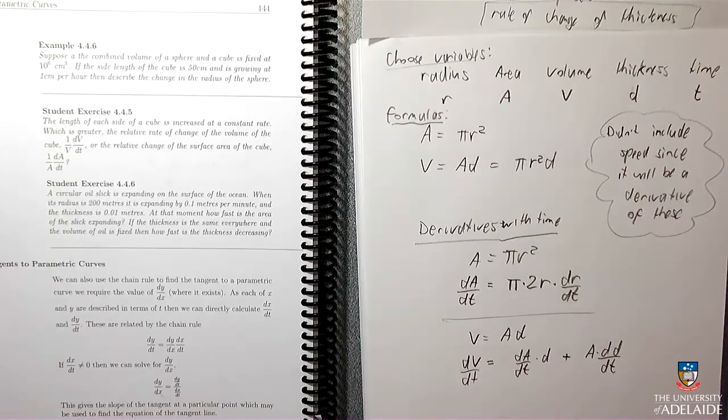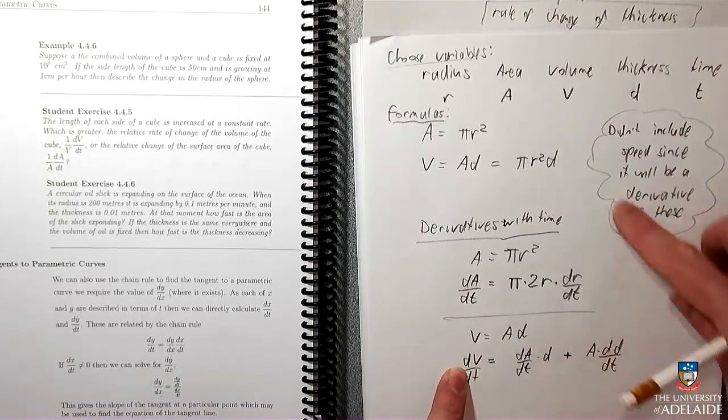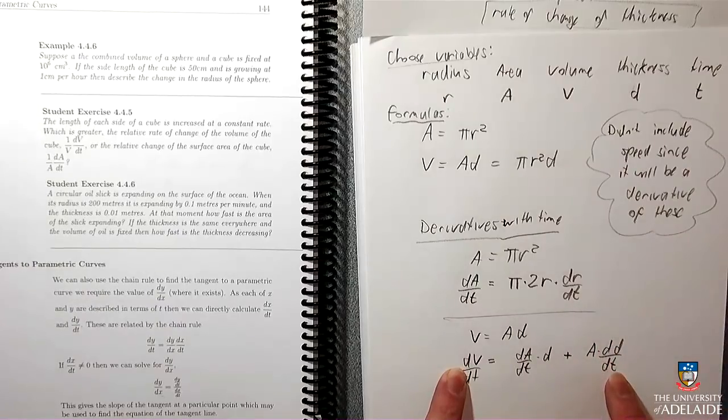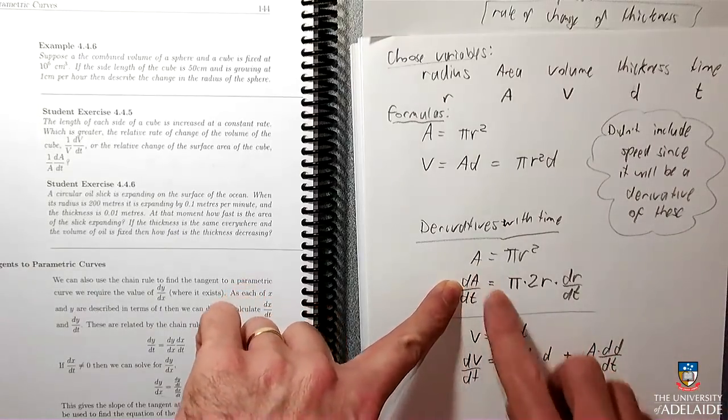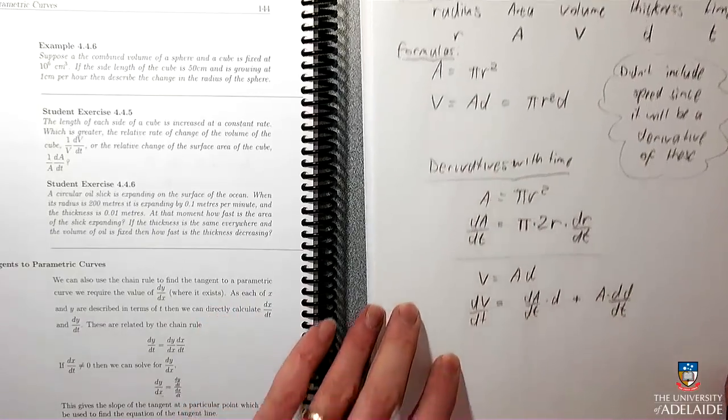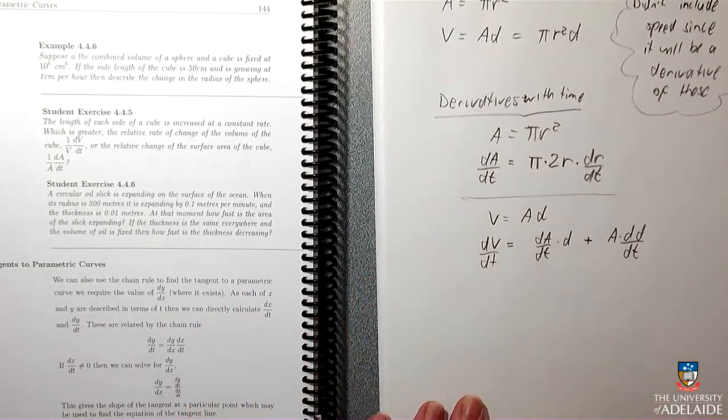Okay, cool. So these are all my derivatives. I could have done this derivative directly on this one as well, but it seems to me that if we have already figured out what dA on dt is, we should be able to sub it in there. Okay. So now let's figure some stuff out.